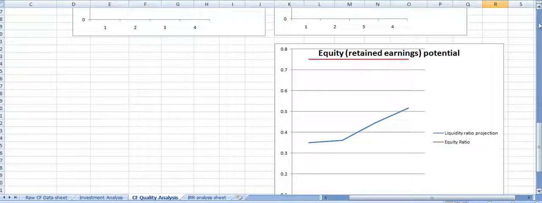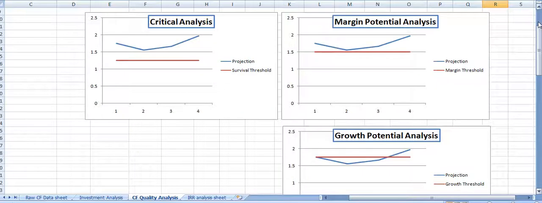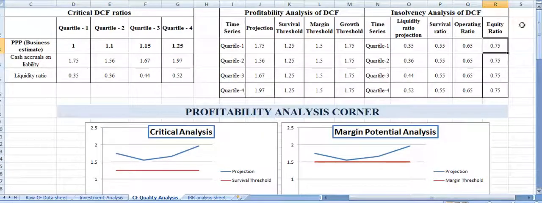So the project needs to bring in expertise to look at the possibilities of improving the liquidity in the system, and